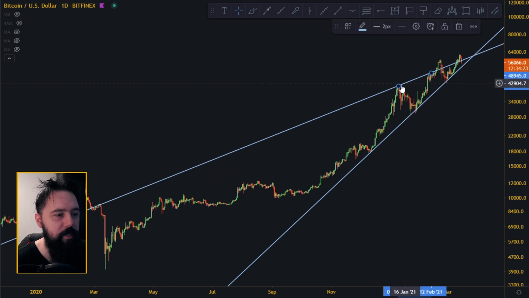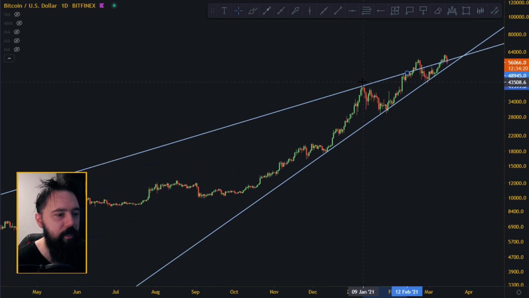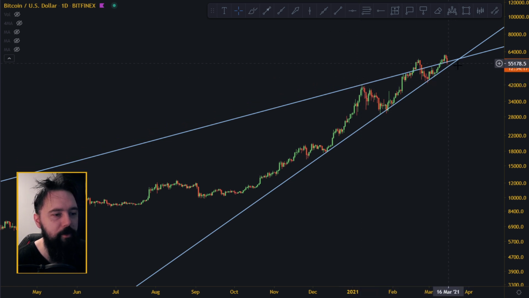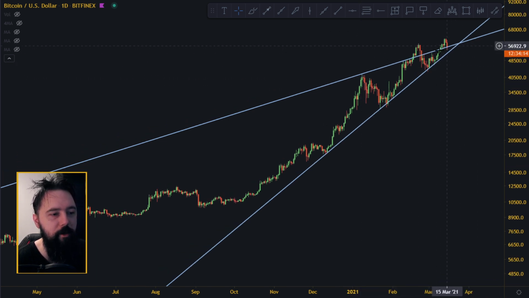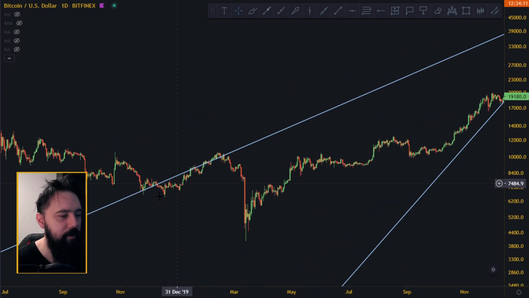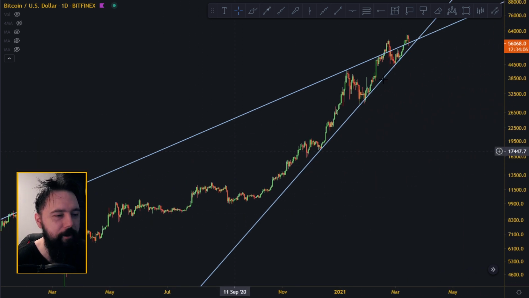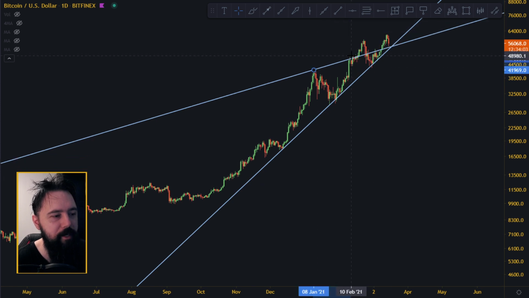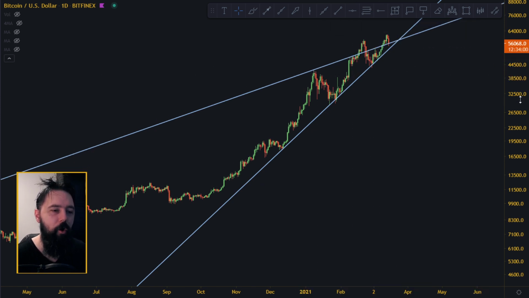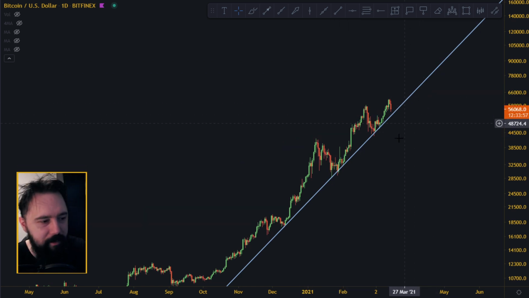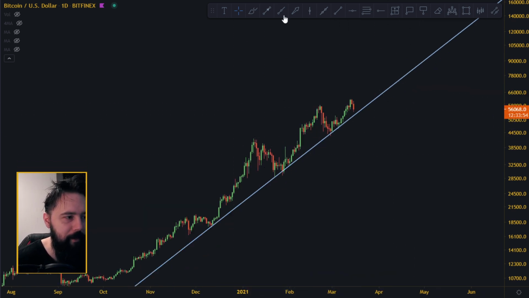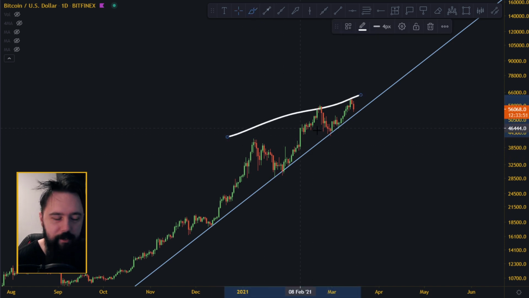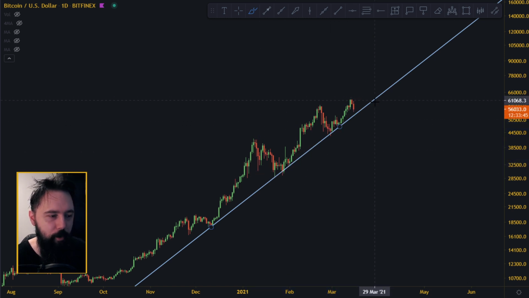But if you use these lower highs over here, and this high and this wick down here, then it looks like we are out of the wedge, and we are retesting it as a resistance now. And then this becomes a support, resistance, but it's not that accurate, because it depends on which kind of wicks you use and where you put the line and stuff like that. So all in all, the most important thing to notice is that this is some kind of a wedge, and it's trying to break on the upside, but the support line is actually holding very well. So breaking the support line, I would consider that